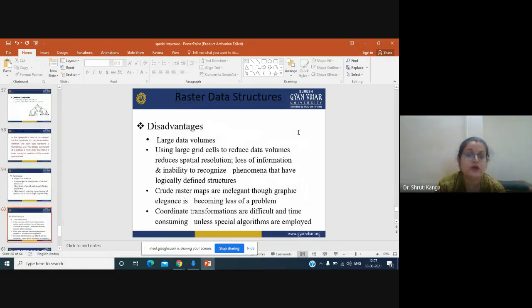So if you go through the disadvantages of raster data, that is too large data volumes, because we are saving the data in terms of rows and columns with their pixel values. Then using a large grid cell to reduce the data volumes reduces the spatial resolution, causes loss of information, and an inability to recognize phenomena that have logically defined structures.